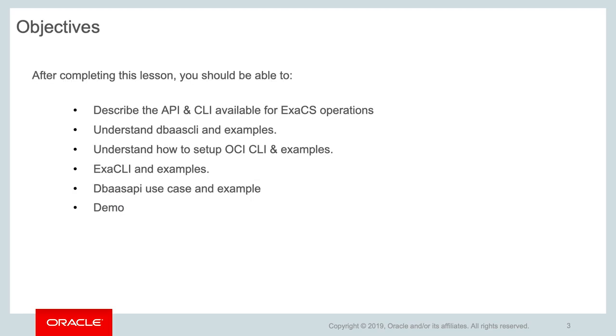The objective of this lesson is to provide you information on various APIs and CLIs which are available in Exadata Cloud Service as of today. I will explain briefly about the usage of these APIs and CLIs. We will discuss debug CLI, which is a command line option available on Exadata Cloud Service and brings several automation for end users. We will also talk about OCI CLI and see how it can be configured in the